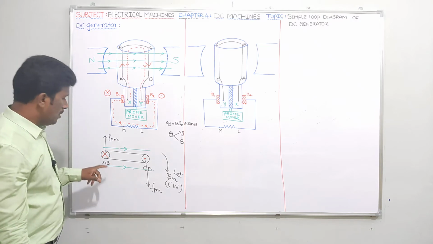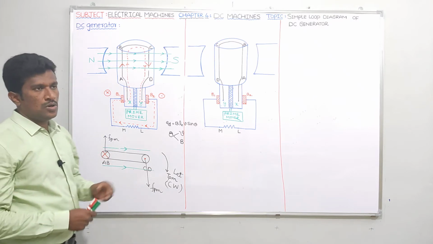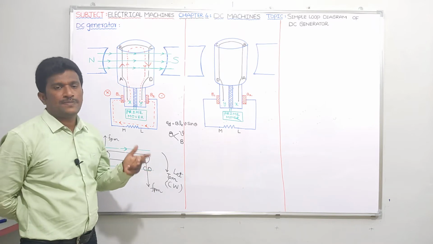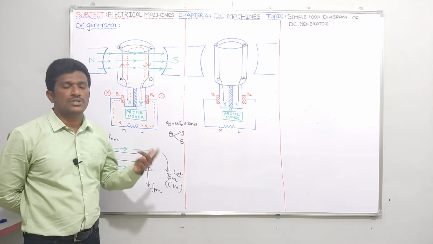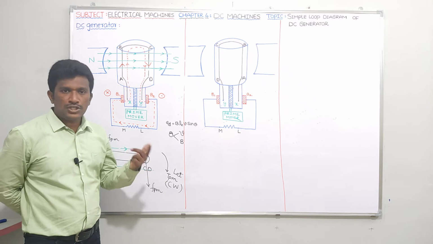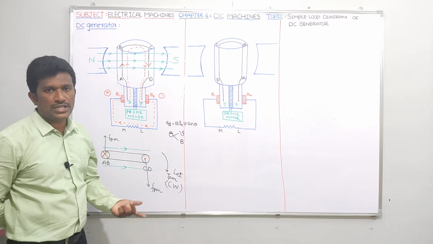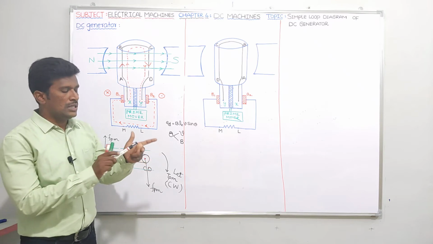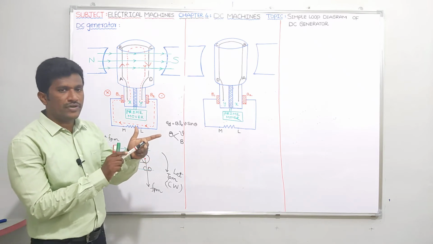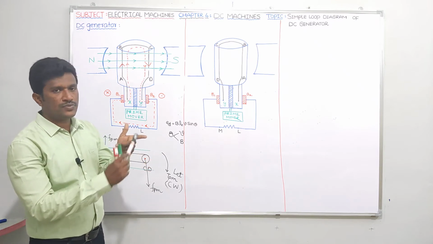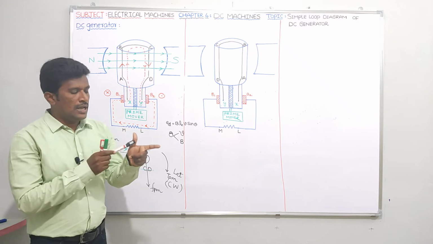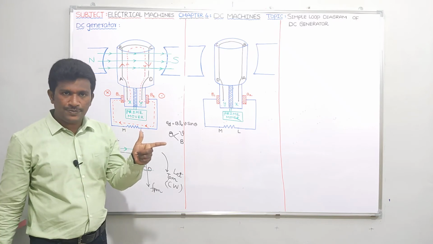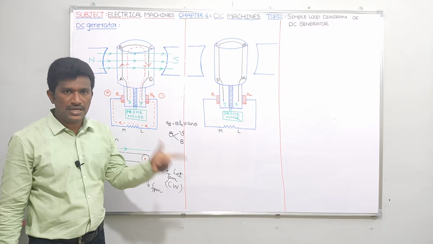Okay, let us see here. So what is the motor principle? When a current carrying conductor is placed in a magnetic field, it experiences force or torque. The direction of force experienced because of motor action is given by Fleming's left hand rule. In Fleming's left hand rule, the center finger means what? Direction of current. Forefinger means direction of magnetic field, and thumb means direction of force experienced or direction of motion of the conductor.